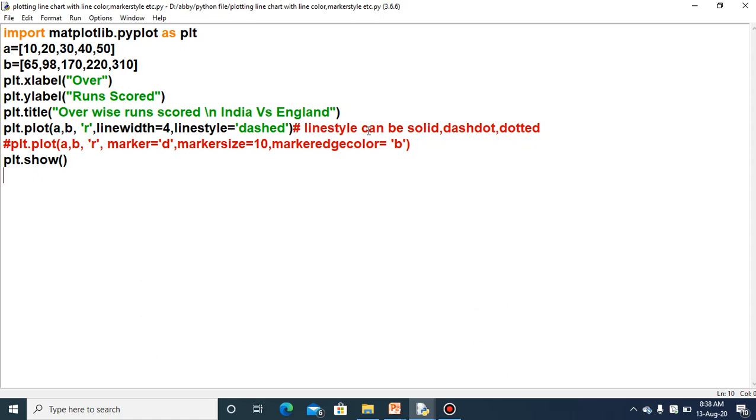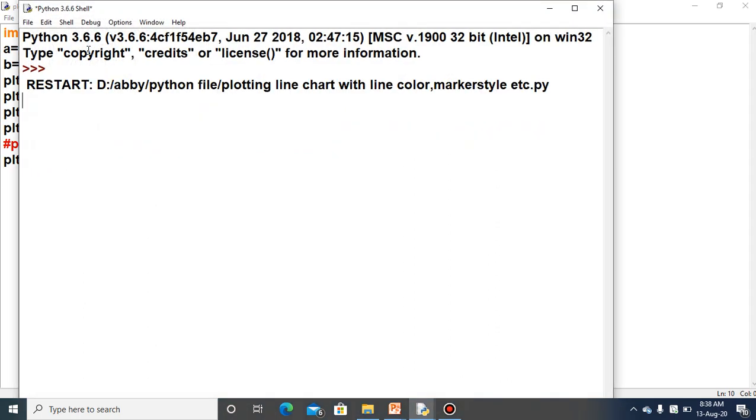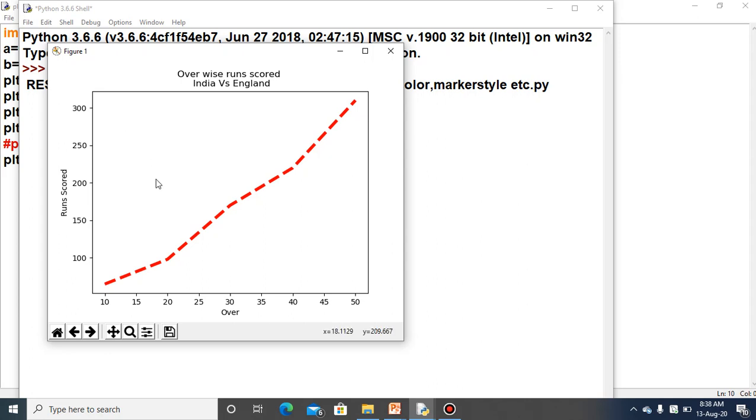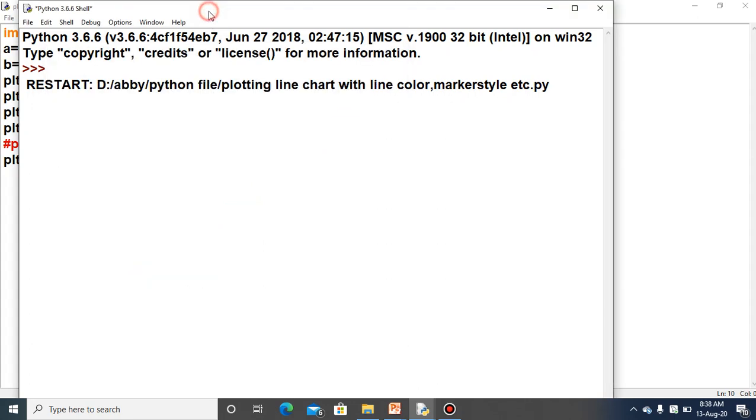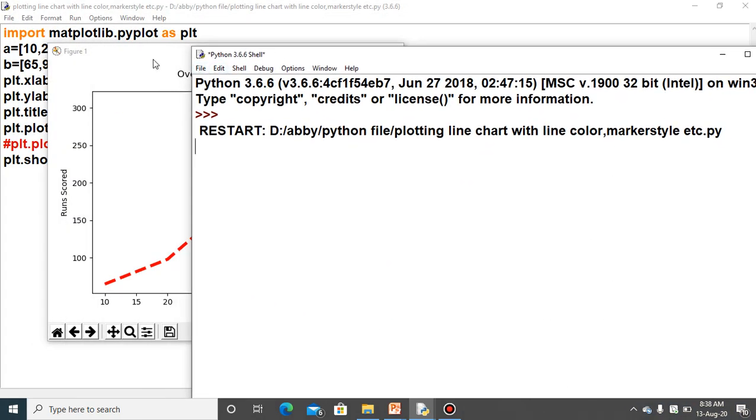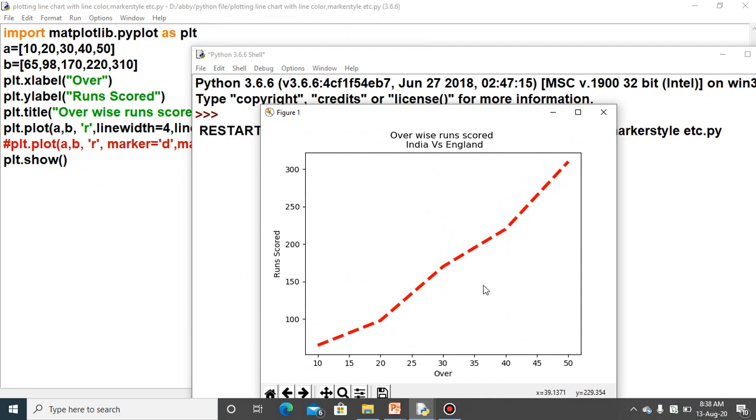So let us see the output first of all. You have to focus on the line color. See, the line color is red, the line style is dashed. Afterwards you can see that the line width is 4, meaning if you specify the line width as 4, then the line will have this much thickness.